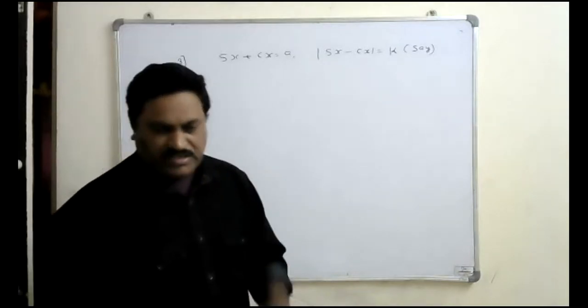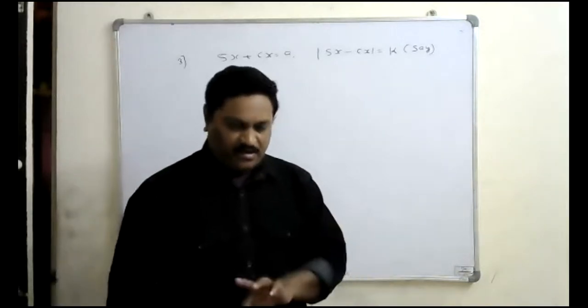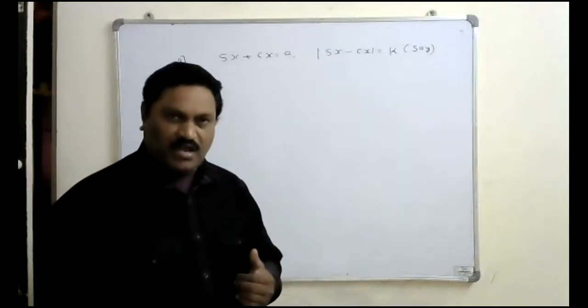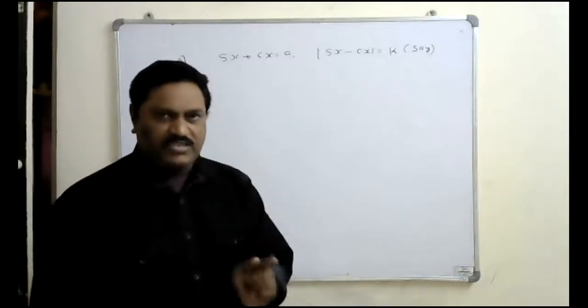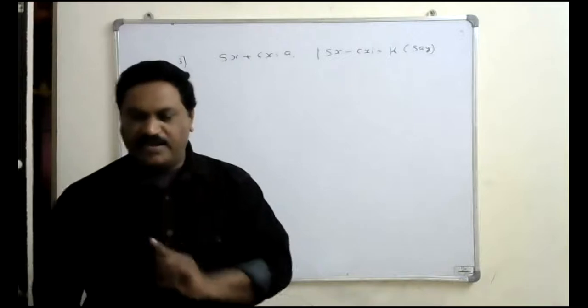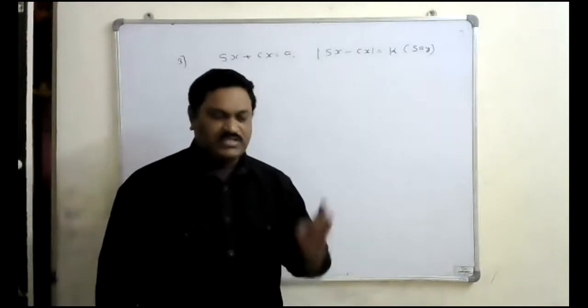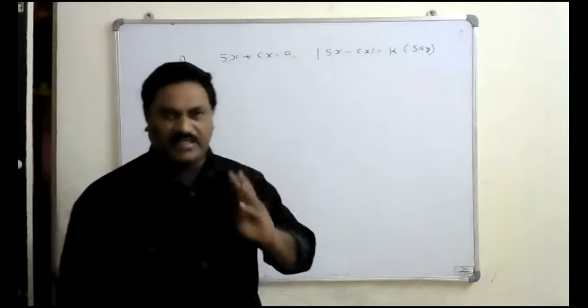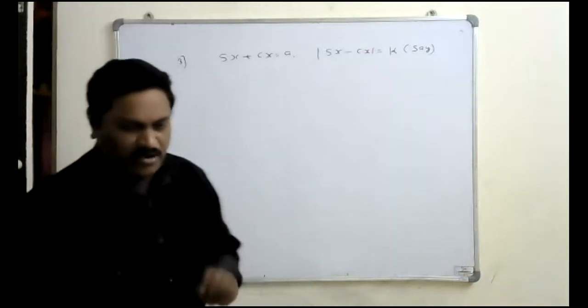Suppose if the equation is given in terms of secant and tan, square that equation on both sides, subtract them, because secant square theta minus tan square theta equal to 1. That is an identity, we know it. That's why if it is given in terms of secant and tan, square the equation on both sides, subtract them. This is the point we have to remember.